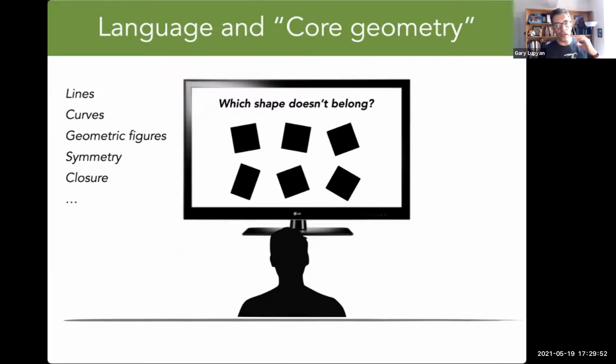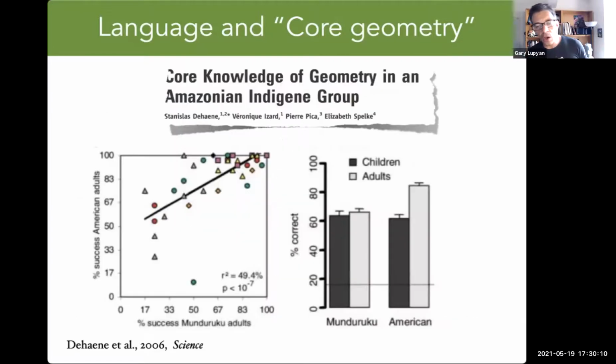And the criterion for not belonging varies from trial to trial. And so these different trials test for different geometric principles, for example, parallel versus non-parallel lines, different kinds of geometric figures, different types of symmetry, closure, and so on. And so the authors tested